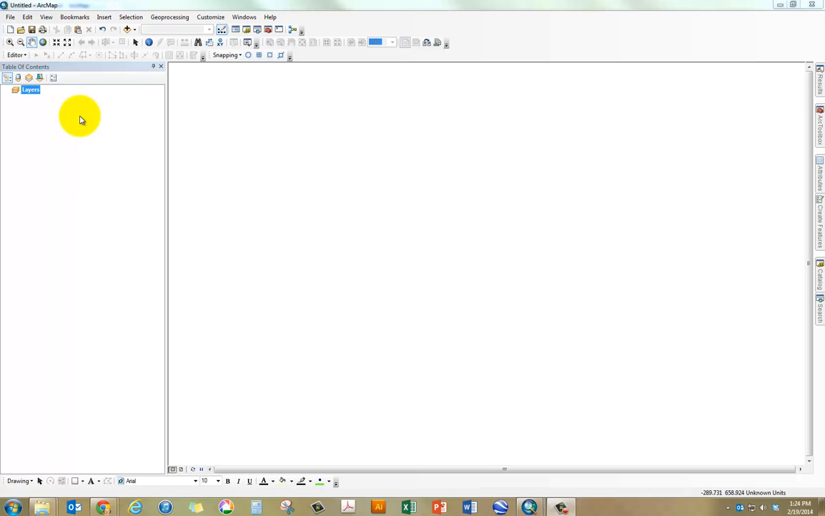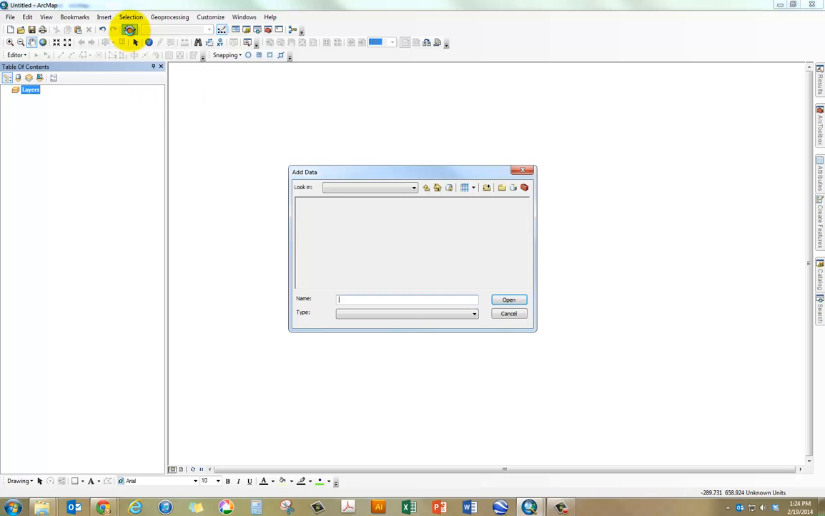Hey, welcome back to 8.3. Here we're trying to build a model to create a fishnet map for a study area. The study area for our purposes is going to be Pittsburgh. So let's get started with an empty map document, and I'm going to add data from the city GDB, which